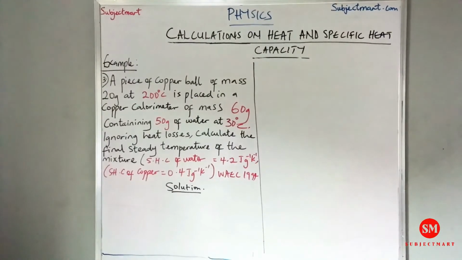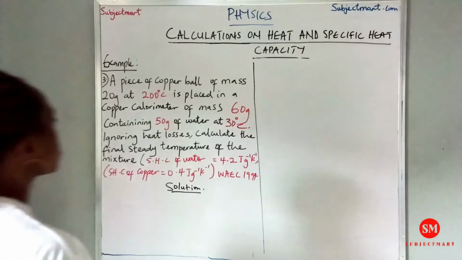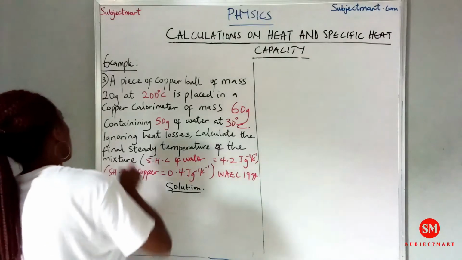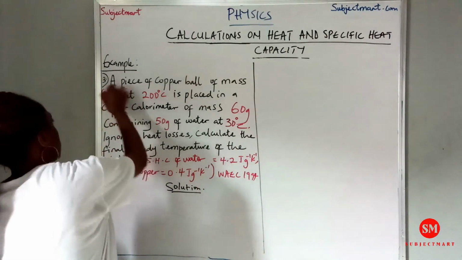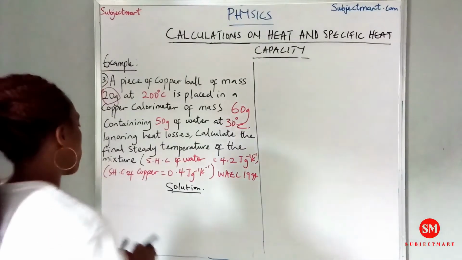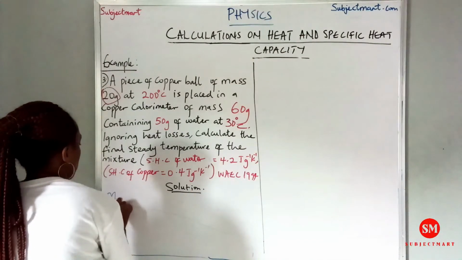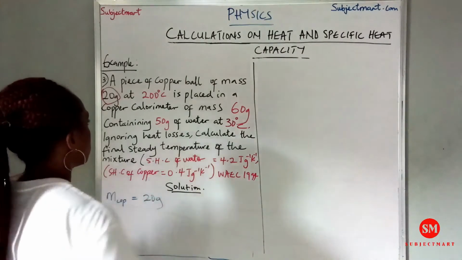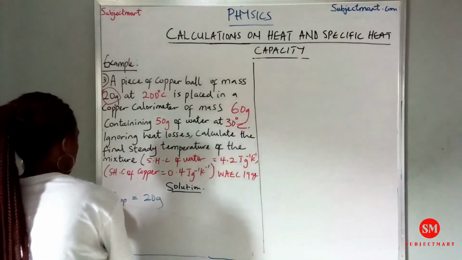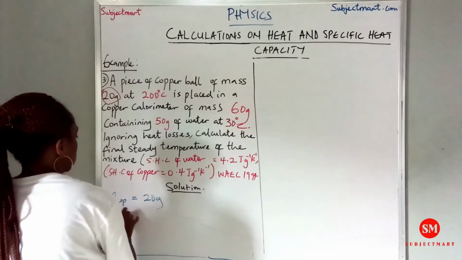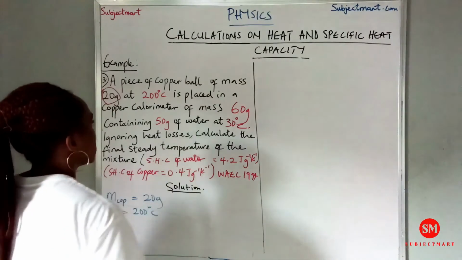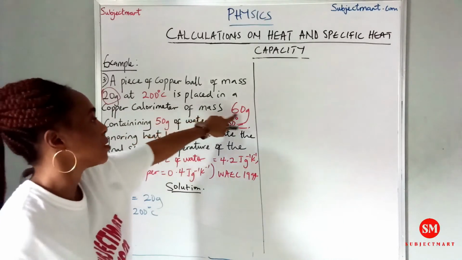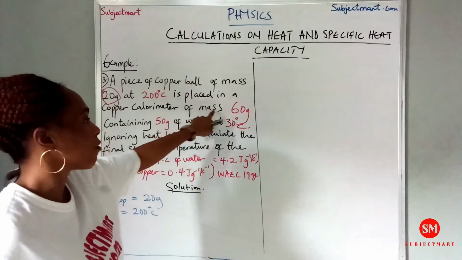An example on that is this. A piece of copper ball of mass 20 grams. So the mass of copper is equal to 20 grams at 200 degrees C. So theta 1 is 200 degrees C. Is placed in a copper calorimeter of mass 60 grams. So the mass of the calorimeter is equal to 60 grams,